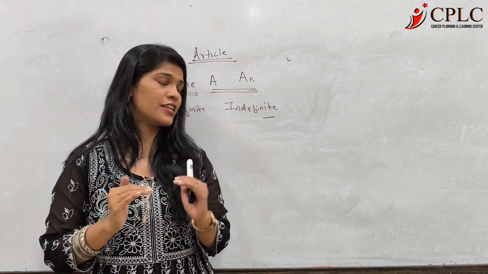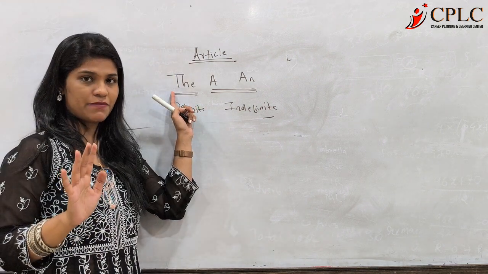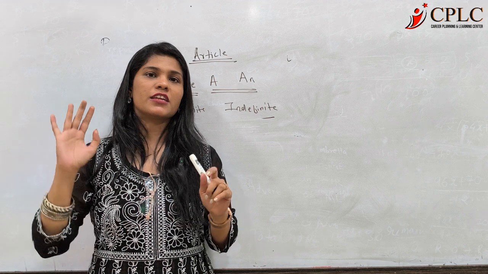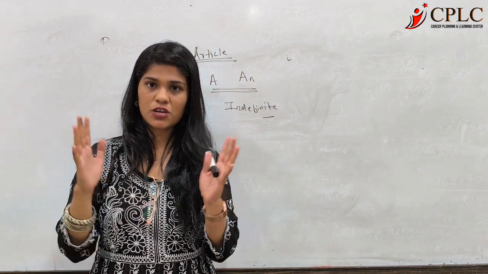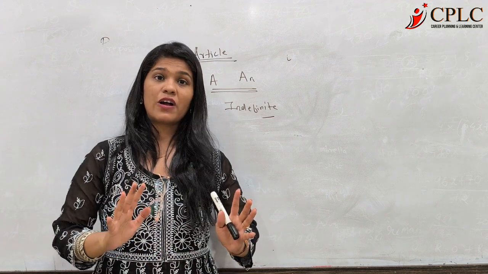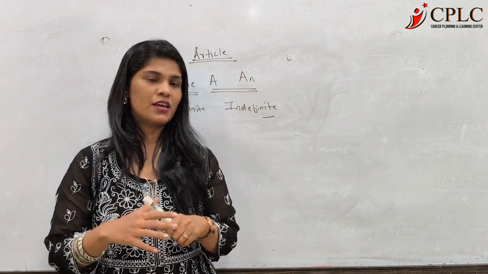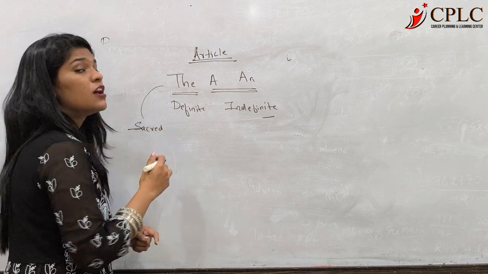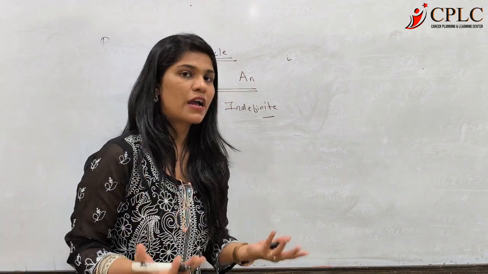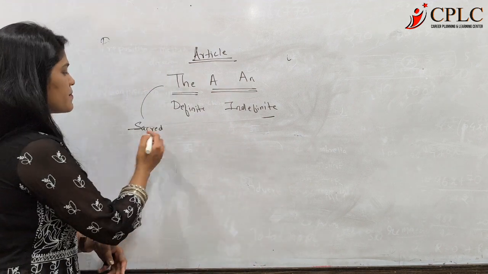ऑलराइट। अब 'a' और 'the', it's not as easy as we think that if this is there then otherwise 'the'. Usually, इज्जत इधर देनी है ना आपको, वहां पे हमें 'the' यूज करना है। ठीक है, all the respecting things. अगर मुझे बोलना है Himalayas, तो एक ही हिमालय अपने पास, ठीक है, बहुत सारे हैं क्या? नहीं, तो हम वहां पे 'the Himalayas' बोलेंगे। सारे सेक्रेड बुक्स भी आ जाएंगी। ठीक है, the Bhagavad Gita, the Bible, the Quran. Okay.